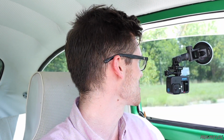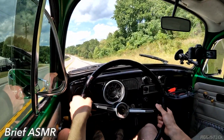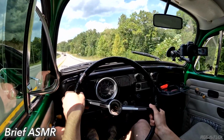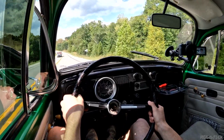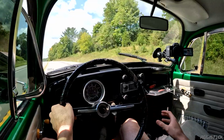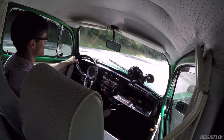The steering is borderline scary, especially when you get it up to higher speeds. But I just can't help but smile when I'm driving this. It's such a satisfying experience rolling through the gears in the VW Beetle, and I would never consider this for highway travel. This is just...